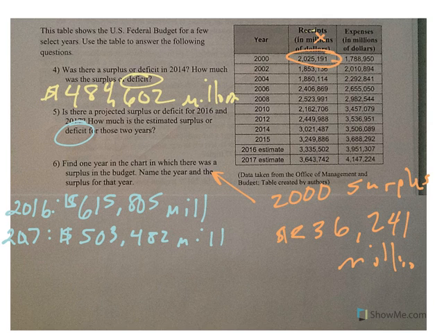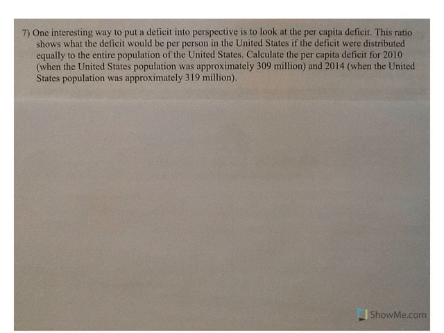Okay, and we're going to need this table for the next problems too, but I didn't copy it over, so we might have to flip back and forth. Number 7: one interesting way to put a deficit into perspective is to look at the per capita deficit. This is how much each person in the U.S. would have to pay